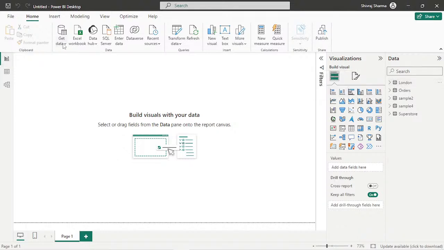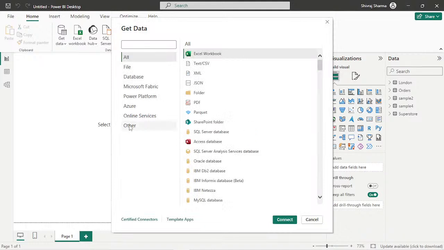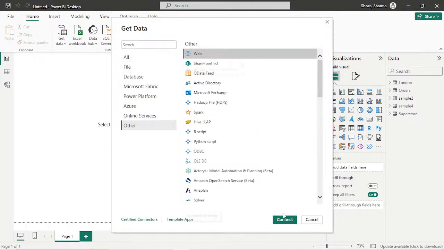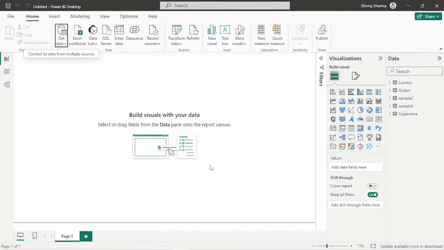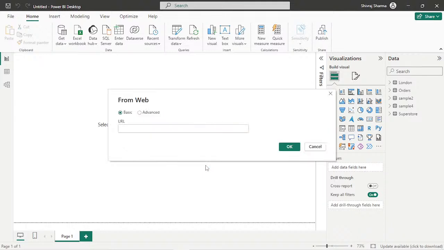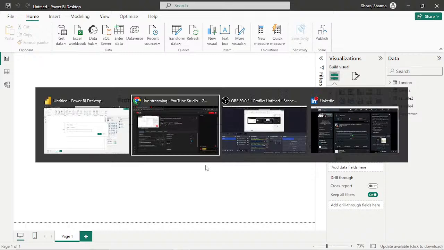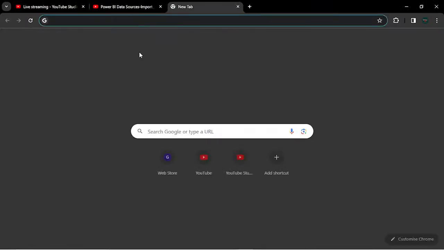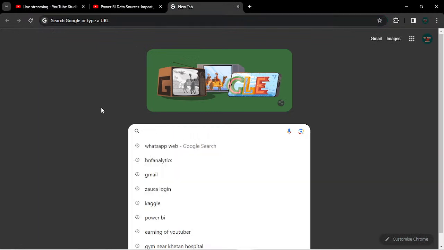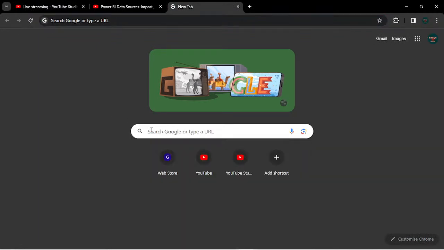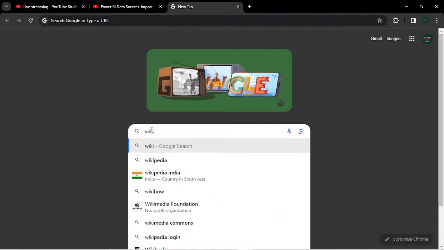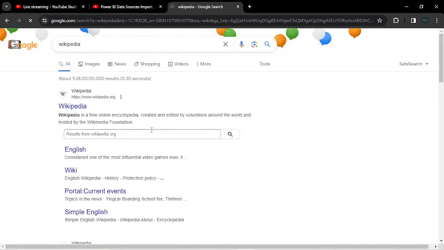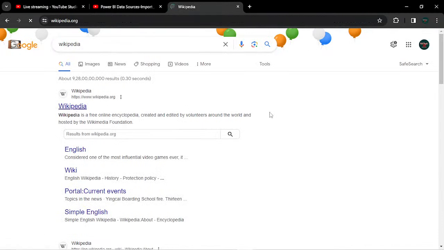Okay. Now, next, let's move on and see the other one. For the web, click on connect. It will ask you for a URL. Okay, so let's go to one page. Let's have one URL. So let's have Wikipedia. Okay, search Wikipedia. Move on to Wikipedia